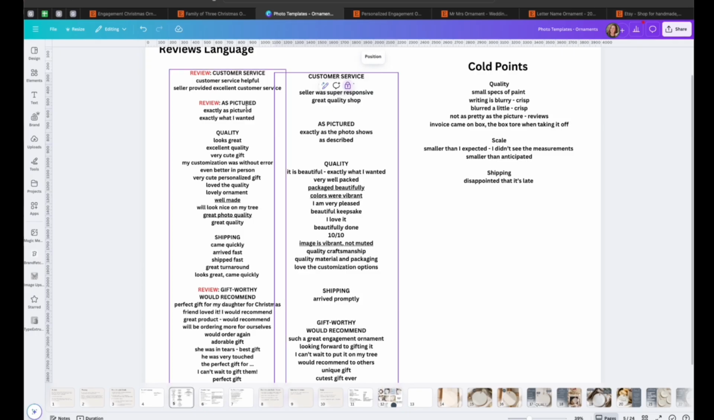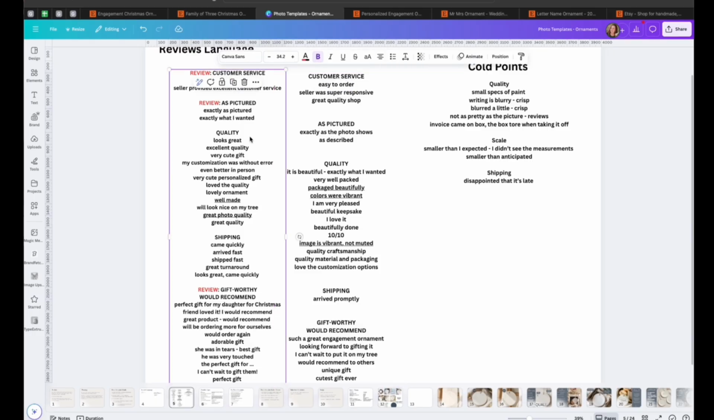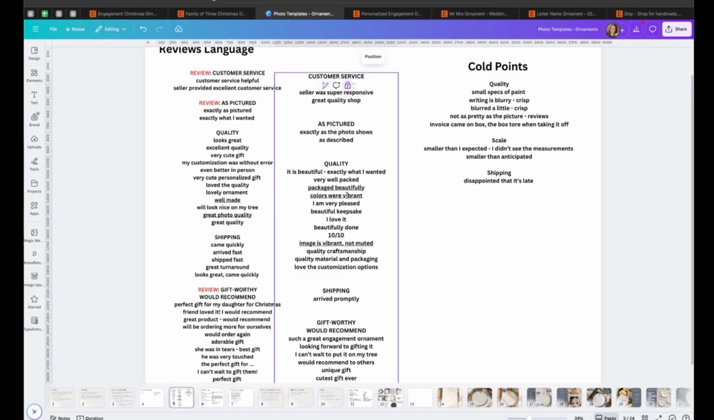Great quality shop. As pictured, exactly what I wanted, exactly as the photo shows, as described. Quality. Looks great. Excellent quality. Very cute gift. Without error. Better in person. You can read through these. Well made. So the ones that I underlined, this is the language that I chose to pull out to put